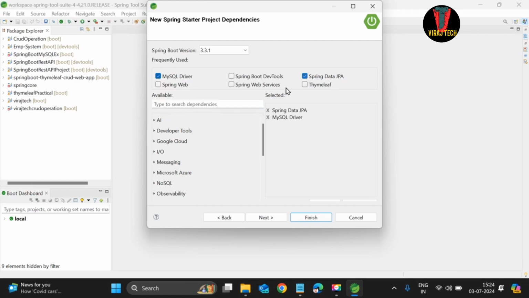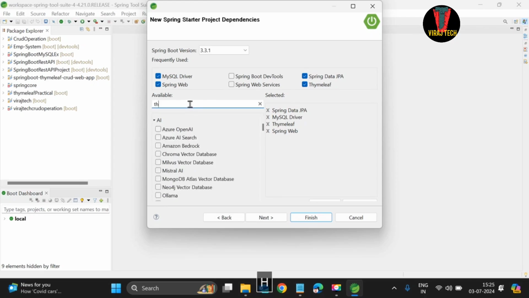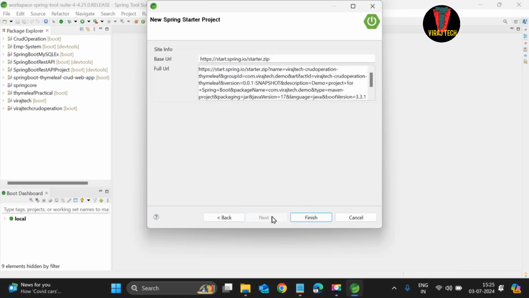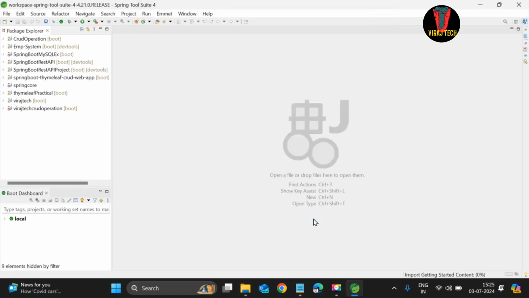like we need MySQL driver, Spring Data JPA, Spring Web and thymeleaf. All selected, you can see it is visible here. If you are not getting it on your top, then you can also search it from here, like thymeleaf. From here you can select, and after that next and finish. As it is getting imported,